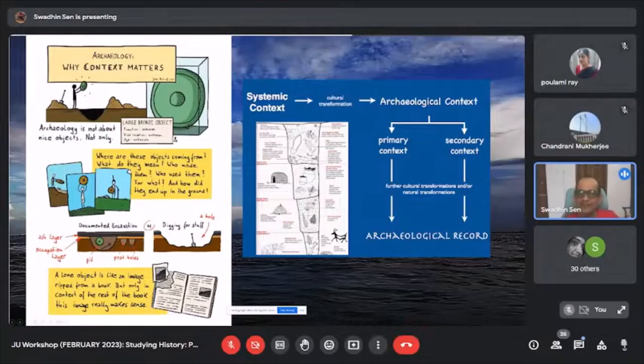And if we consider the site formation process and the archaeological context, there is a great difference between systemic context and the archaeological context. And in between, there are formation processes. Particularly when we talk about Bengal, which is dominated by different fluvial processes, these natural processes are very important to identify in the meaning of any artifact. Even the dating of an artifact can be very erroneous if we do not consider the archaeological context and the formation processes. For example, we can find